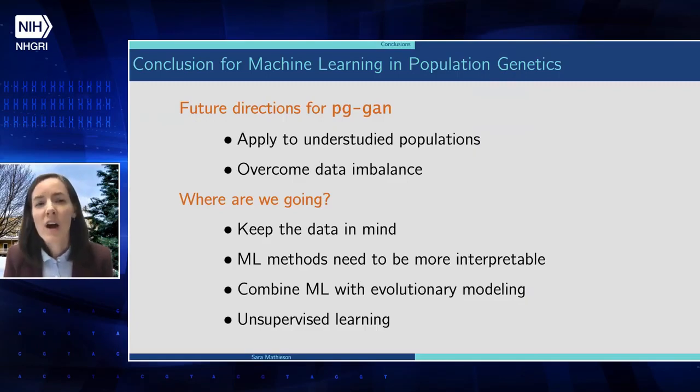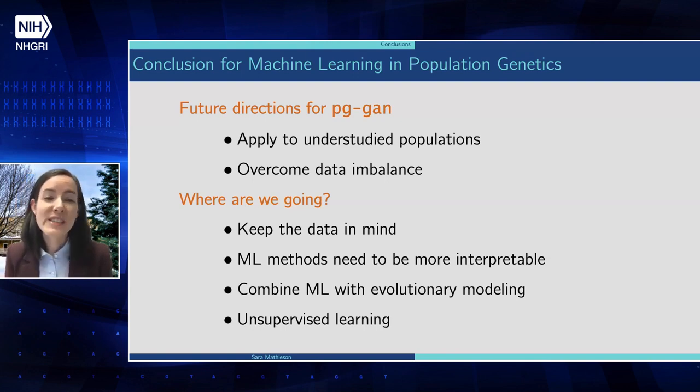And I think more broadly, we really need to keep the data in mind and not just take off-the-shelf methods from other fields, but really think about what methods will be most applicable for our data, and what modifications and new algorithms we actually need for genetic data, such as permutation and variant architectures, or simulation generators that don't rely on the gradient.